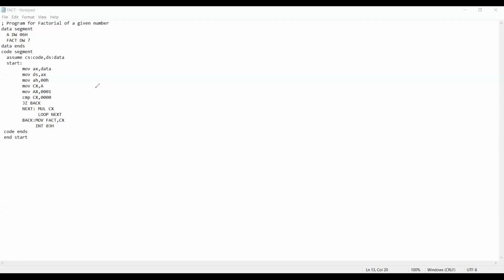Hello everyone. Today's program is to find the factorial of a given number. First, how do we find the factorial of a number? If I take the number 5, then 5 factorial equals